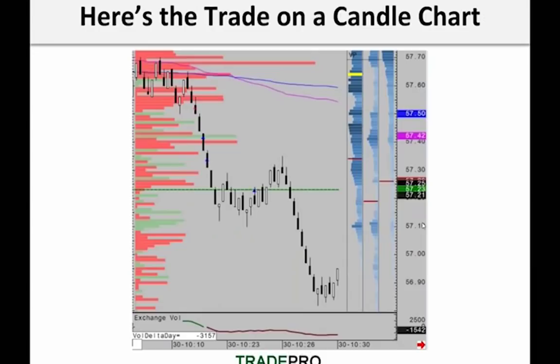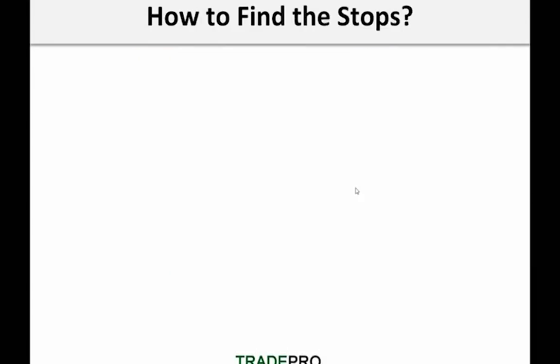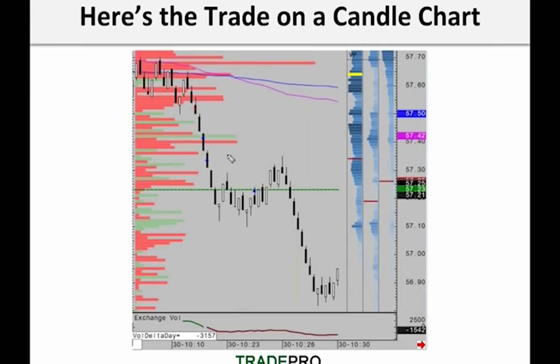So there's the stops. There's one example. I'll show you another one. Here's kind of the candle chart of how that shook out. Another indication this thing was going to break was the fact you saw a pile of selling delta on here. You guys see that? That pile of sell delta was also a strong indication. Those concepts are a little abstract for the presentation. Any questions so far?